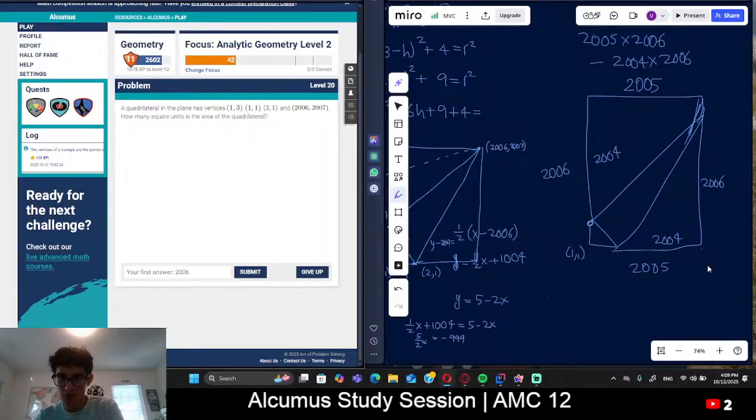So this part will be 2005 because you're going from 2006. Yeah, so the first part is correct. The second part is what I did wrong. This height over here is only 2004, right? And then this is 2005. So yeah, that seems fine. This part is going to be 2000 and not 2006. This is going to be,